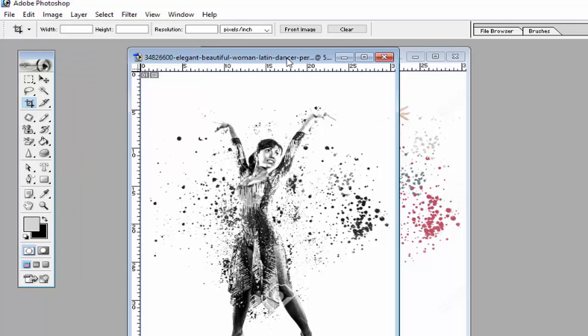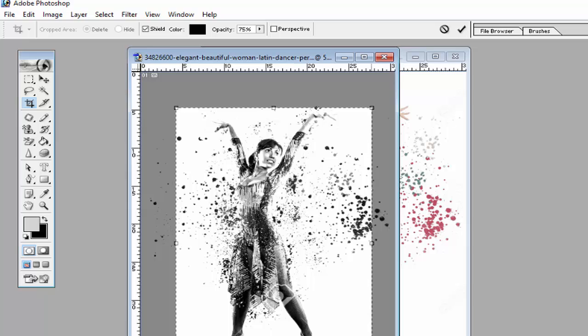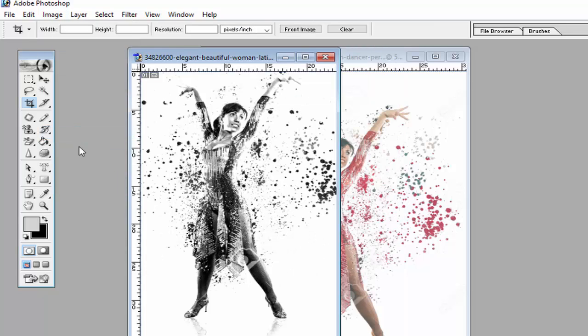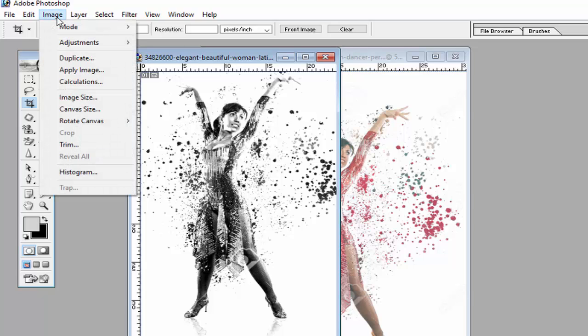I think you understand how these options are used. Similarly, if you want to crop your picture and remove the unnecessary part, use the Crop tool. Select the part which you want in your image like this, and the gray part will be cropped by this option. Go to Image, click on the Crop option, and the part which is not required is removed, and the part you need will be visible in the window. So this is a way to use the options of the Image menu.